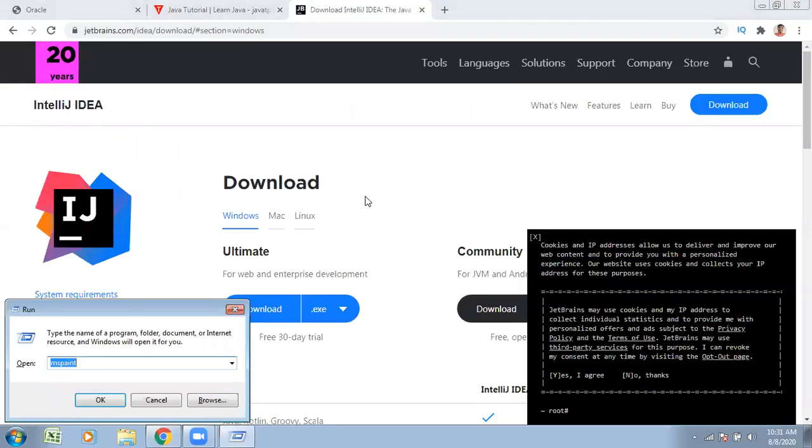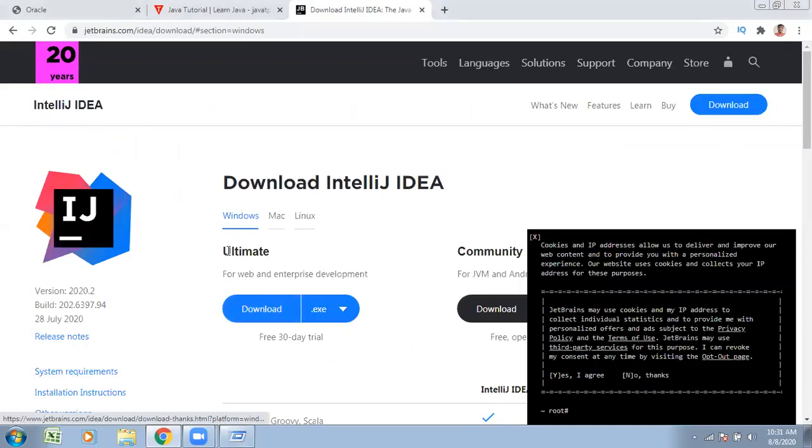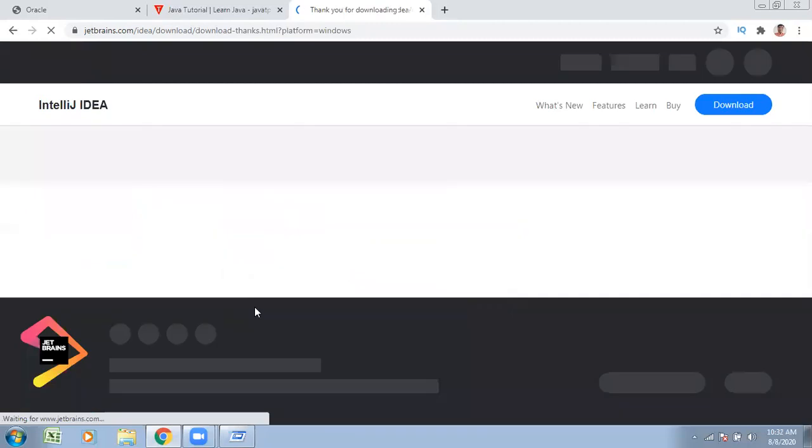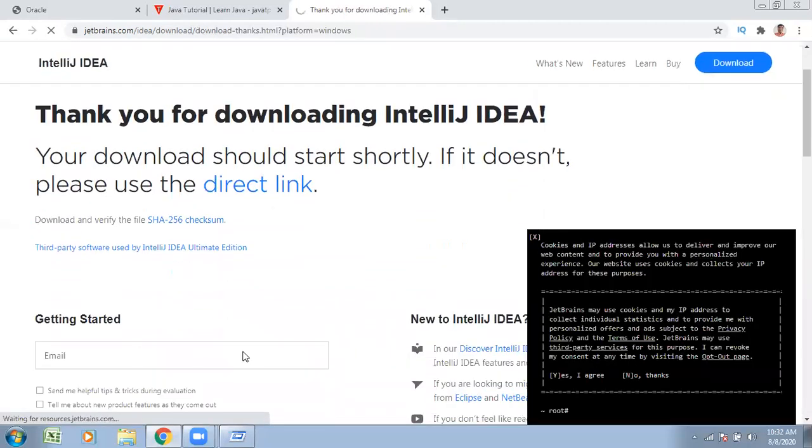It started downloading that file. So meanwhile, it started downloading, I'm going to check what this IDE is, and what the need of an IDE is. It's asking you for the version, unlimited version, which type of file you want to execute. Just click on this download file. Windows based, Mac based, Linux based related links are there. We want to work with Windows, so use the Windows version. It started downloading that one.